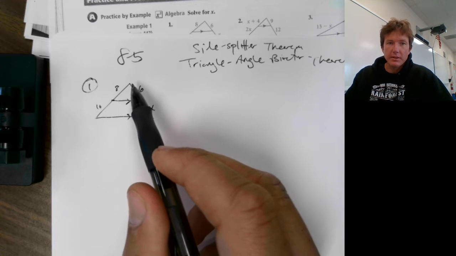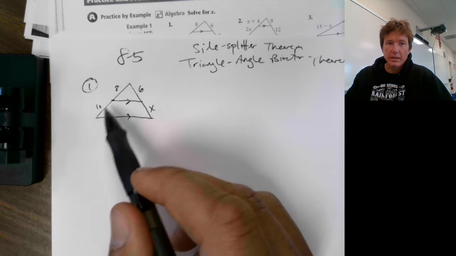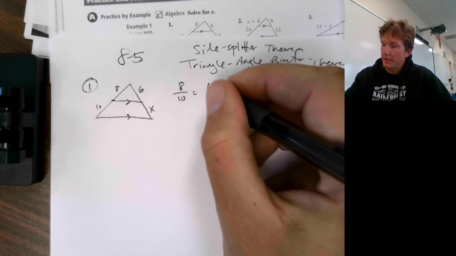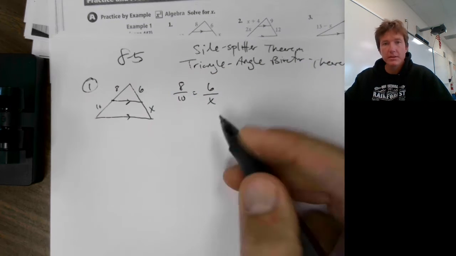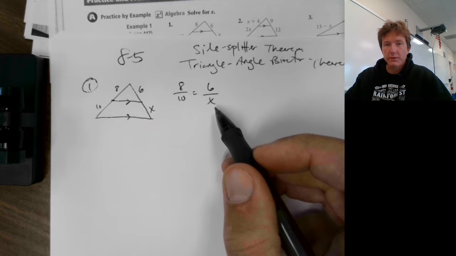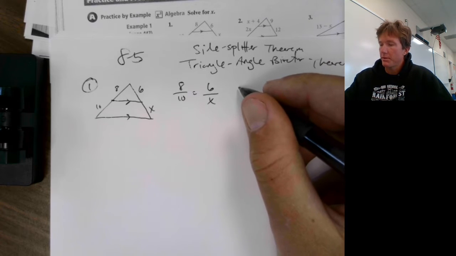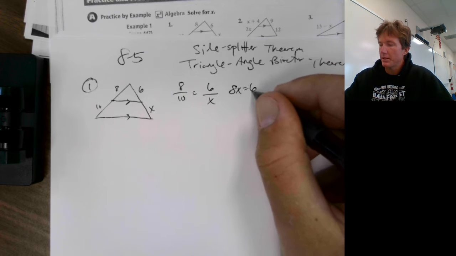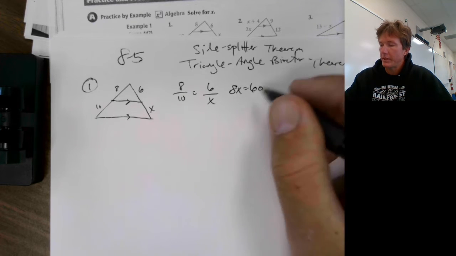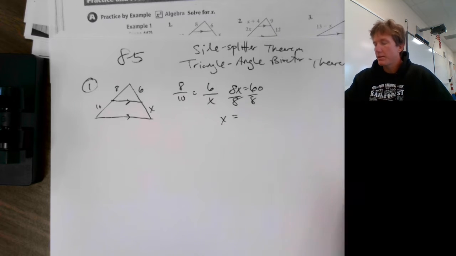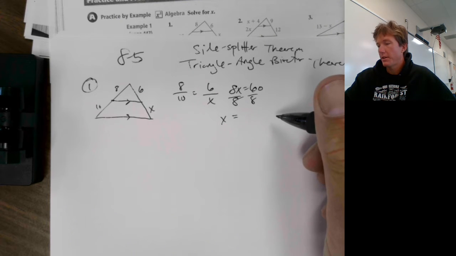Meaning if this side here is 8 and this side is 10, we can say that's an 8 to 10 proportion, and that's equal to 6 over x. So what we're doing is we're solving for x here. The way we can do that is cross multiplying. 8x equals 60. And then we divide by 8 on each side. X is going to equal 60 divided by 8,